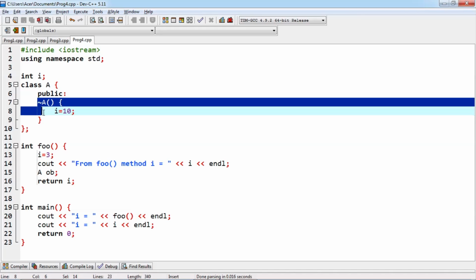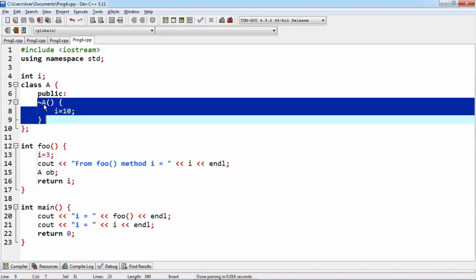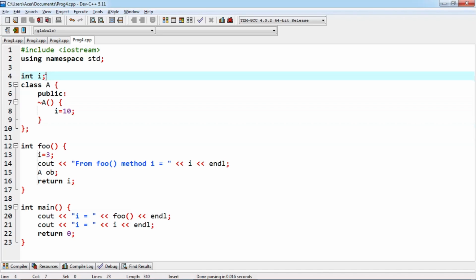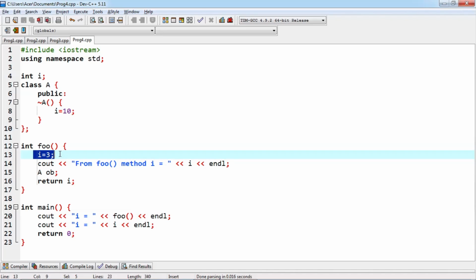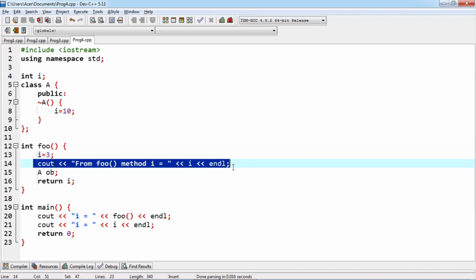Under this class, one destructor has been defined. The destructor is nothing but one member function whose name will be the same as that of the class name, and this member function name will be preceded by this tilde symbol, and I is equal to 10 here. So I is a global variable and it has been initialized within the destructor with the value 10. There is one method, the foo method, which is not a member function, it is outside of that. And here we have initialized I with 3,